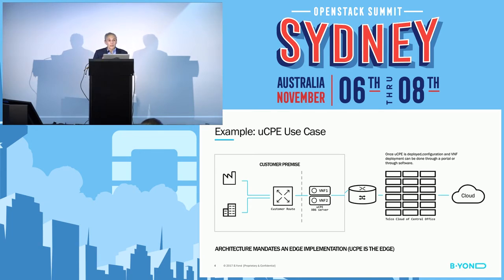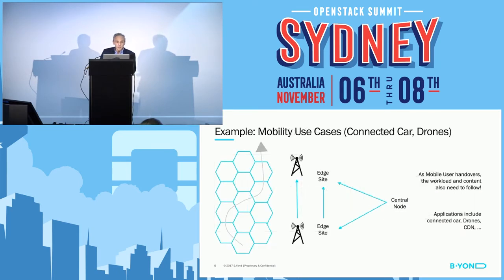Now, that is in itself a relatively challenging task. And there are more complexities. But I want to talk about another use case, a completely different use case. This one is not a wireline use case, this one is a mobile use case. That is the kind of use case that people are talking about when they talk about mobile edge computing. It's related to that. Here we're in a mobile environment.